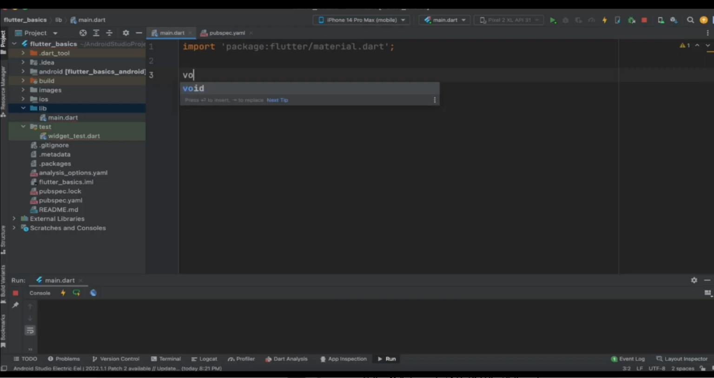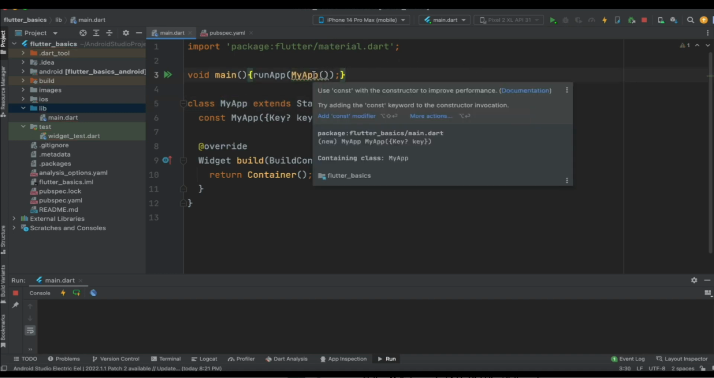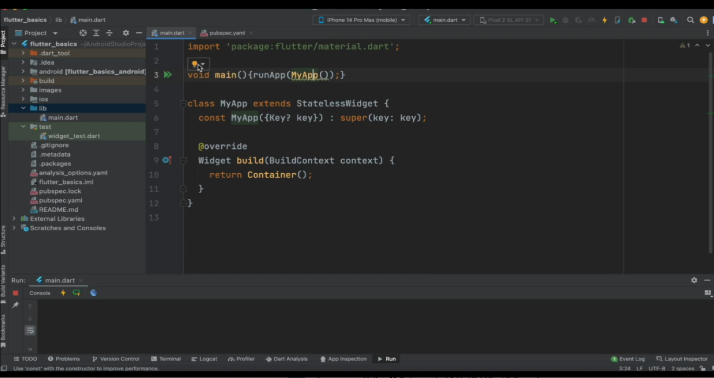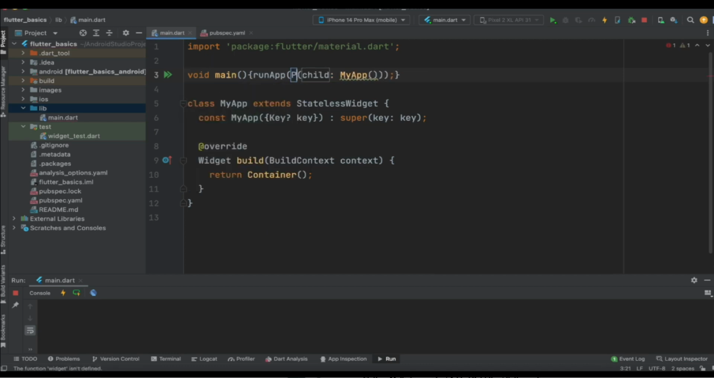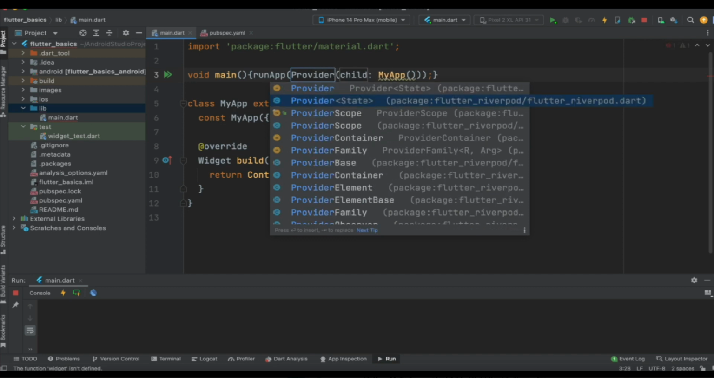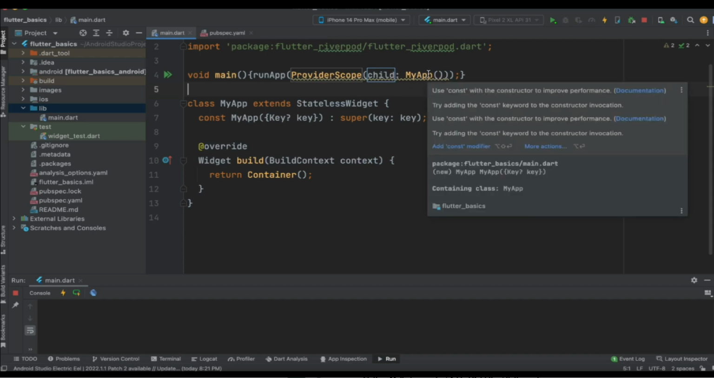So now let's get started by adding void main here. Let us try to create a stateless widget here which is called my app. And now let us wrap this my app with a provider scope. Simply wrap it with a widget and specify ProviderScope. Here you can see we are getting a suggestion like ProviderScope. Just tap on this ProviderScope, and for the child we are going to assign our my app